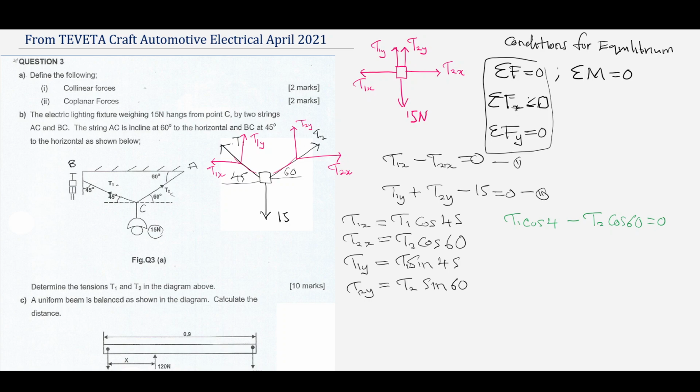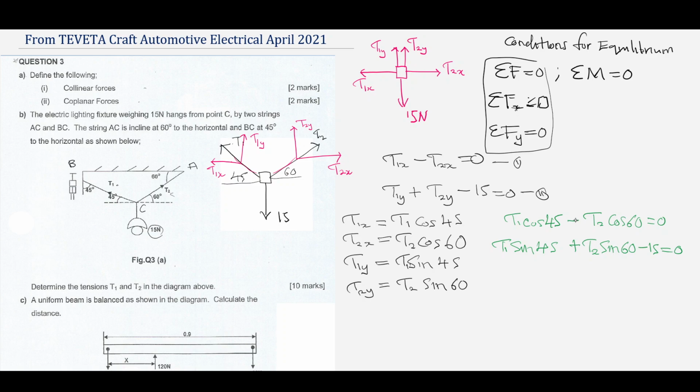And then the second one will be T1 sine 45 plus T2 sine 60 minus 15 is equal to 0. Okay, let me write this one properly. So this one is 45. Okay, and then we solve these